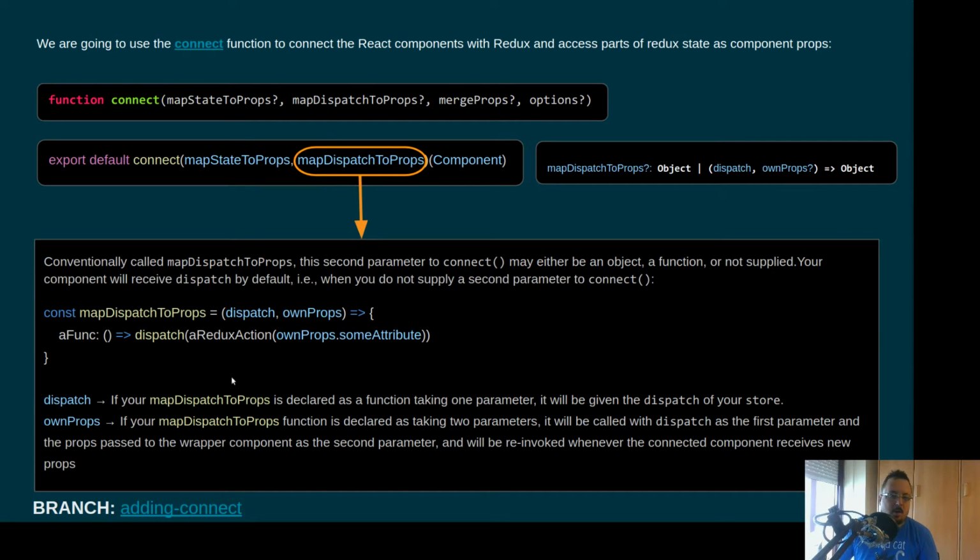and we always have the dispatch. You see, so we are able to access the dispatch function. And this is the own props. It's recalled, or invoked, whenever the connected component receives new props. See this? Now we are declaring the internal functions or functions as props. So this